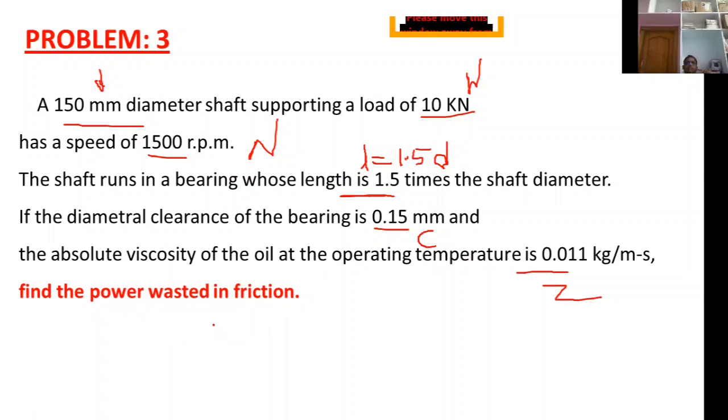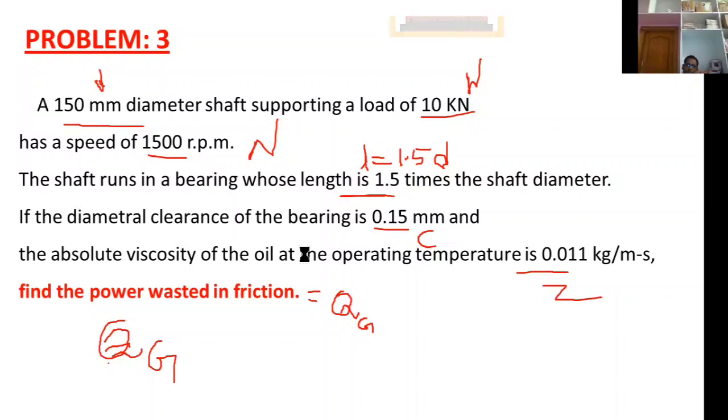So first of all you have to find the value of friction mu. Then after, by using coefficient of friction, we have to find the value of power wasted in friction. The power wasted in friction means the amount of heat generated due to friction. So here you have to find the answer for amount of heat generated. This value is Qg. So by using these details, you have to find the value of QZ.